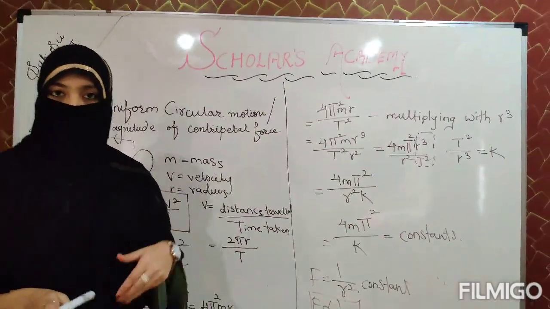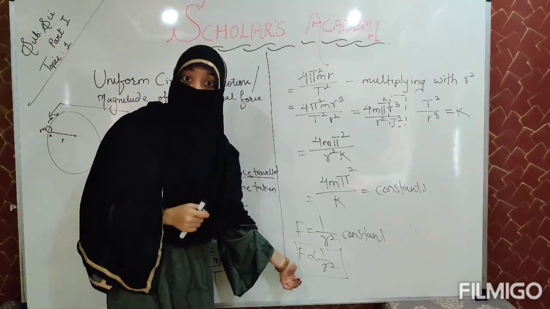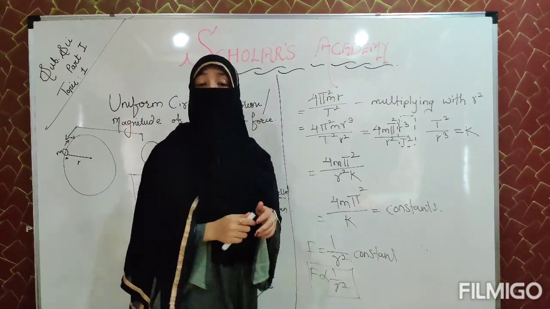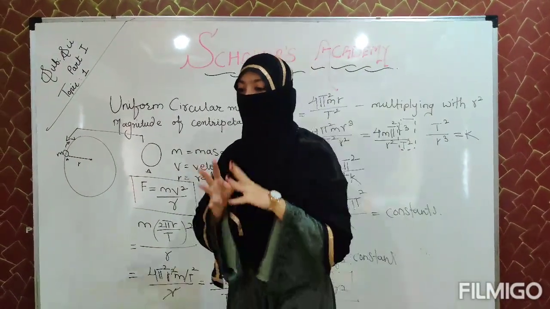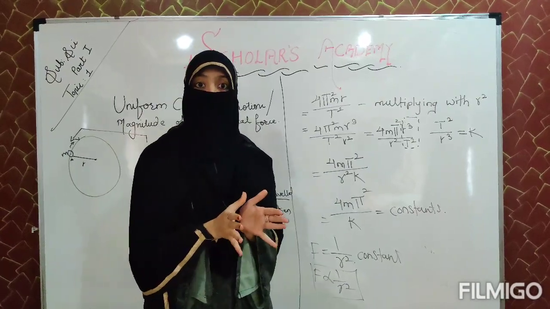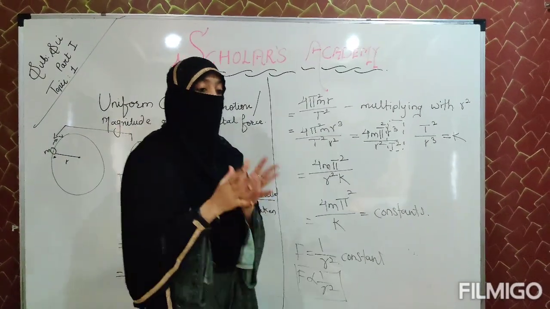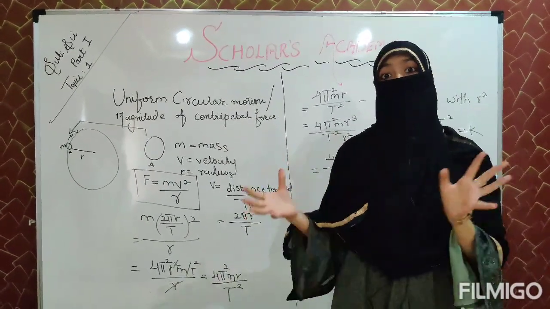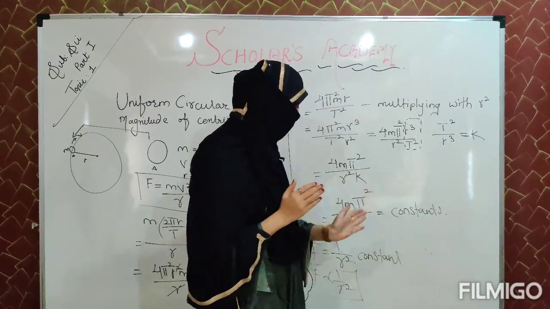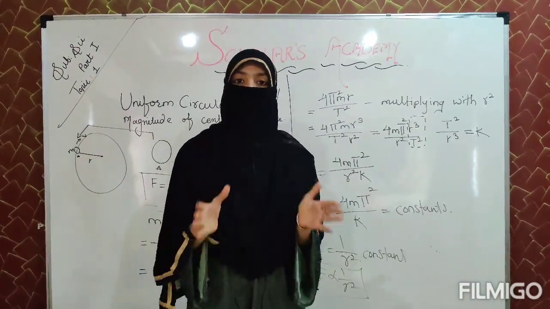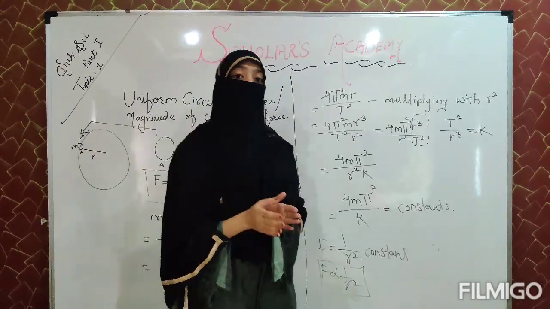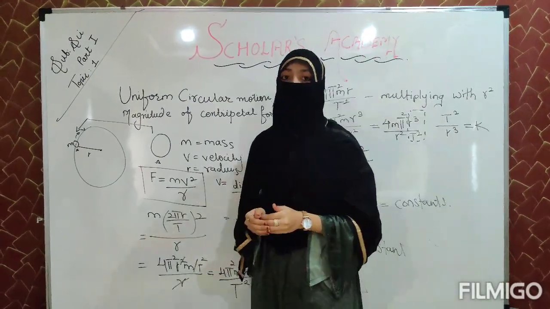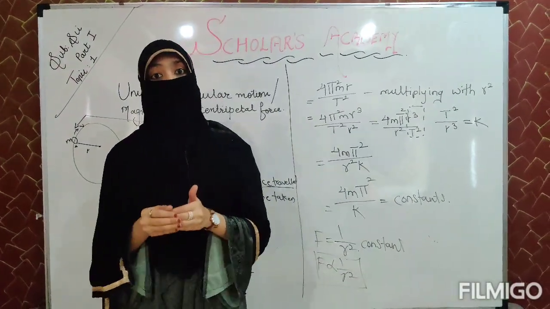From this equation, we can conclude that the centripetal force is inversely proportional to the square of the radius of the path, which means Newton has discovered the centripetal force along with the gravitational force. He has concluded that the centripetal force between two objects, or two planets, or the sun and a planet, is inversely proportional to the square of the distance between them. That was Newton's conclusion. Now about gravitational force. Gravitational force is the weakest of all forces, but it is the force which decides the future of the universe.